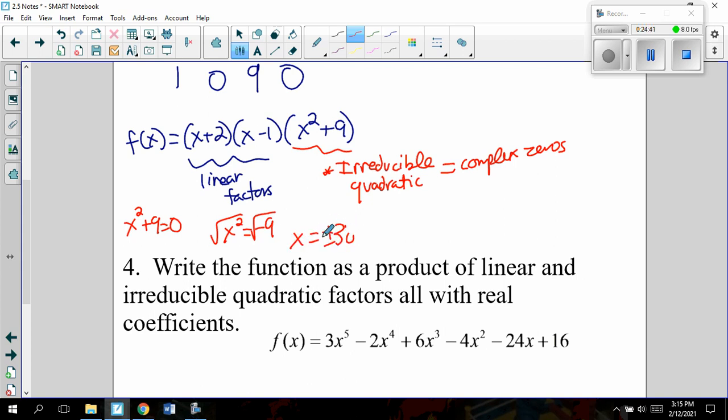Don't forget your plus or minus. Remember, they have to pair up. All complex zeros pair up, so you need 2 of them. And so if we kind of draw a conclusion here, I'm going to list it on the side here. So your zeros were -2, 1, 3i, and negative 3i. Okay, if we want the linear factorization,